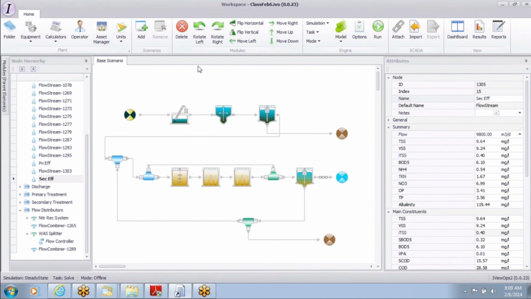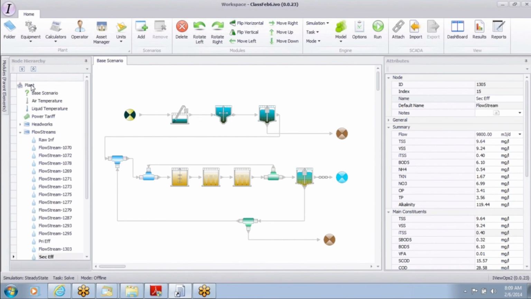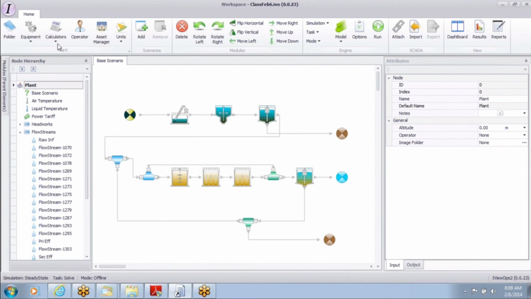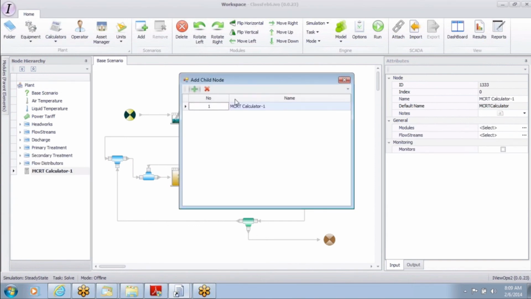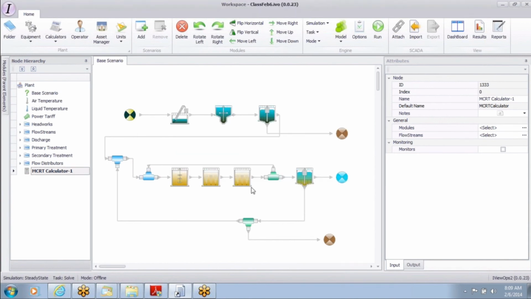Now, if you want to set up an MCRT calculator, you can set it up at any point in the hierarchy, but we'll set it up under plant. Under plant, again, it's in your user manual. Go to MCRT and say, okay, I want to set up, you can set up 2, 3, 4 MCRT calculators. You can set up one with the clarifier, one without the clarifier, one for your anaerobic digester if you have one. So let's say this is the MCRT calculator, MCRT 1